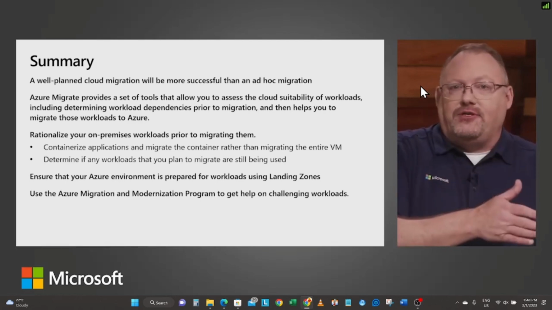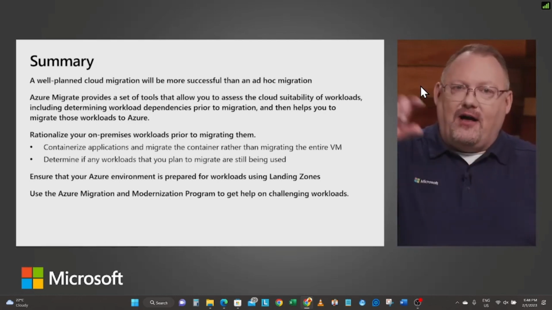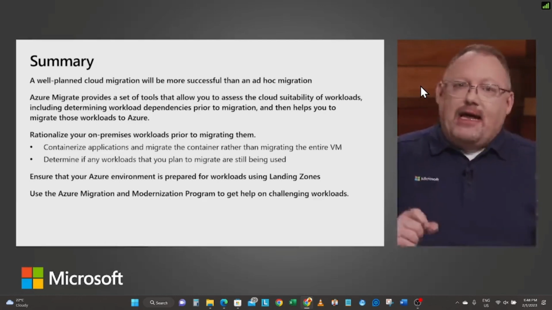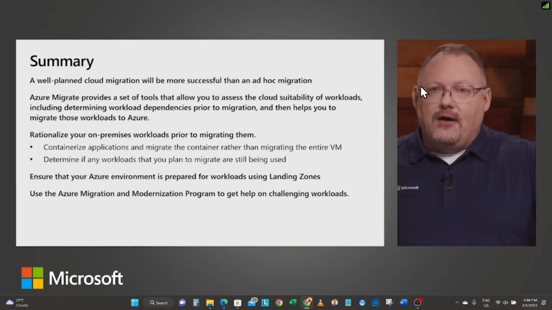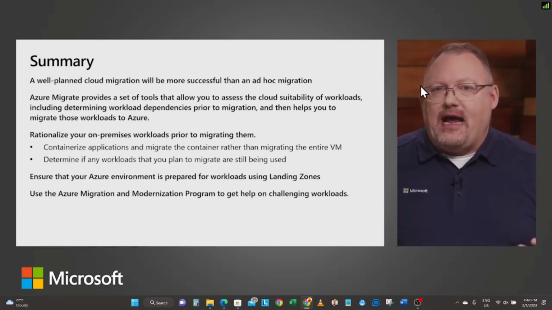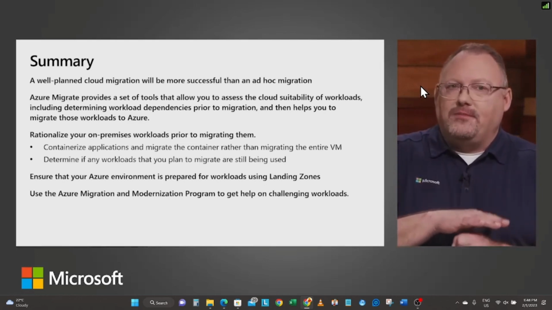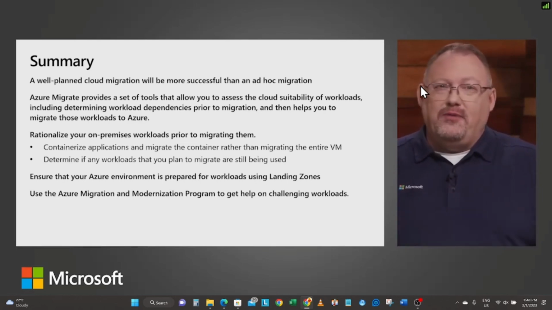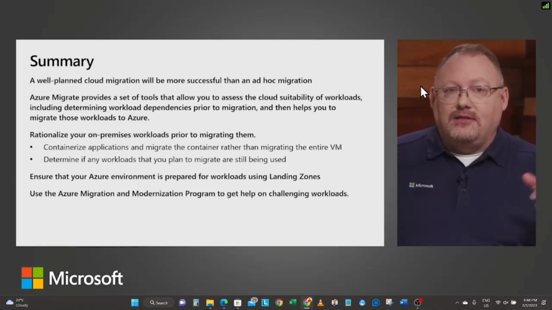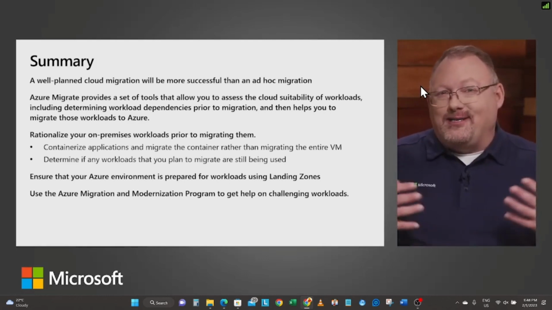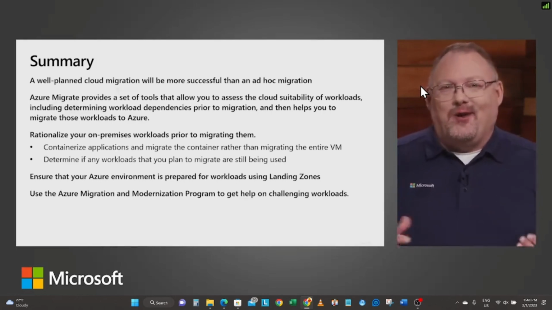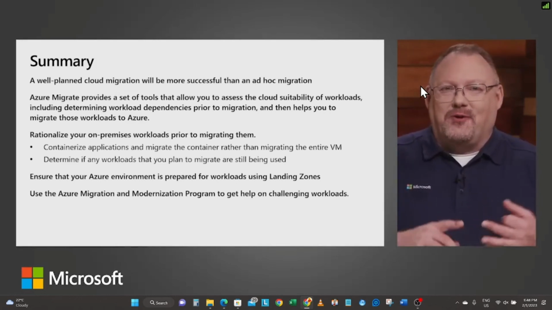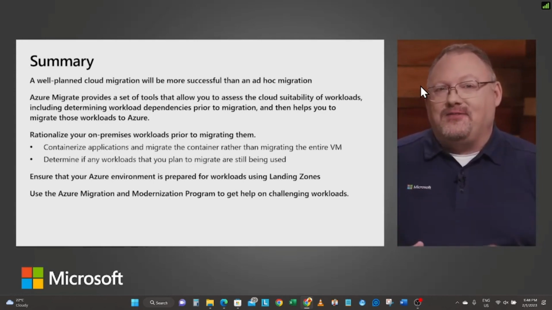And it might say lift and shift. It might say just move that file share into our file services. It might say move that application into Azure Functions or one of the other plethora of PaaS services we have. Understand what that program is designed to do is, once again, do we need to move that whole server? Maybe, maybe not. Depends on what's happening there. So we're going to see, and I'm excited for the next 4 modules, you're going to see all these tools in action. We're going to move VMs, we're going to move databases, we're going to assess all of it. We're even going to have some fun with identity.